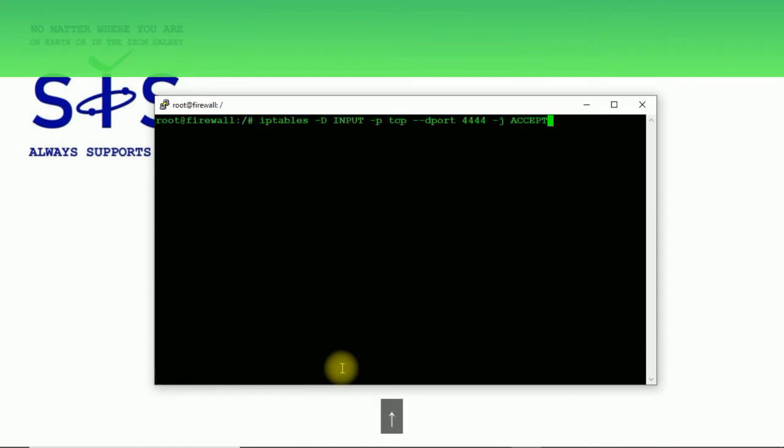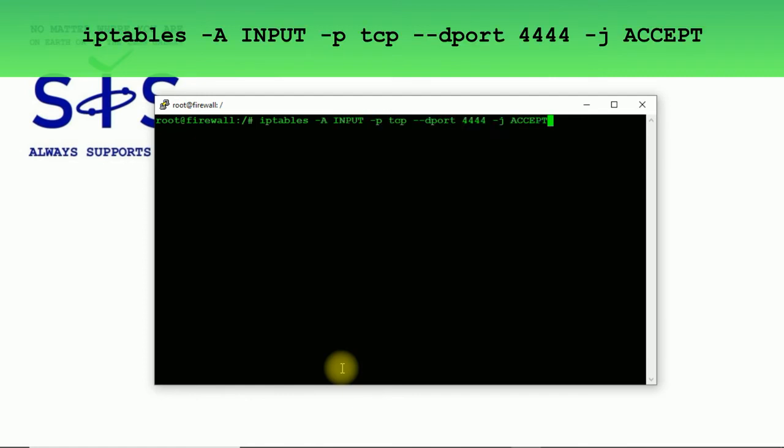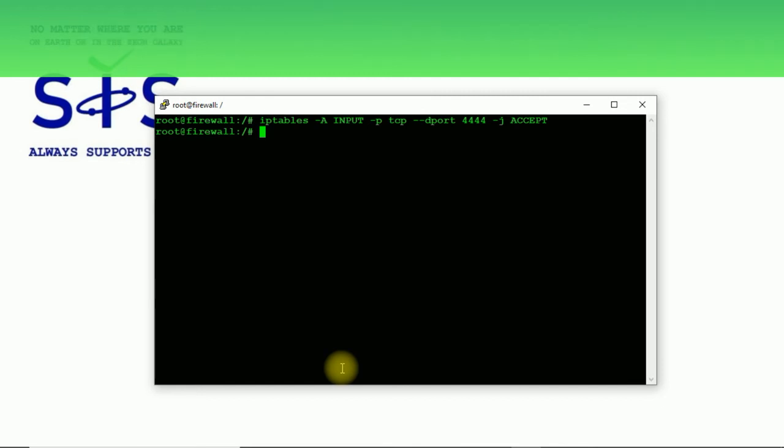I'm going to again use iptables append input for TCP protocol and destination port 4444 rule, just to show you how to check if you want to, for example, use the delete option with the number of your rule.